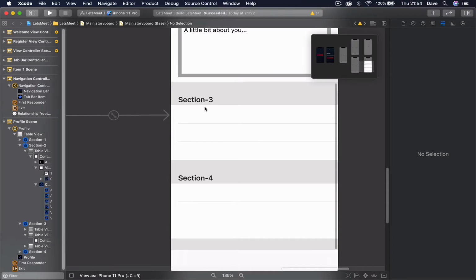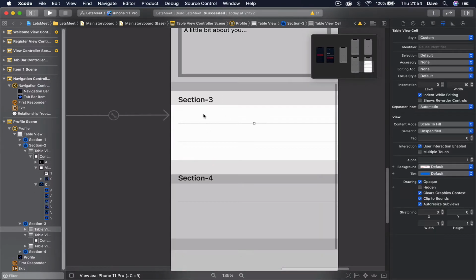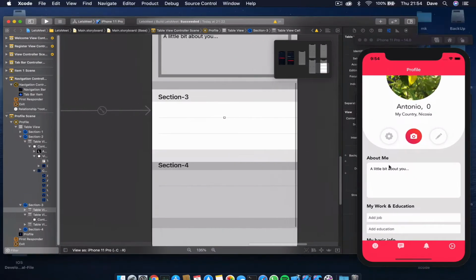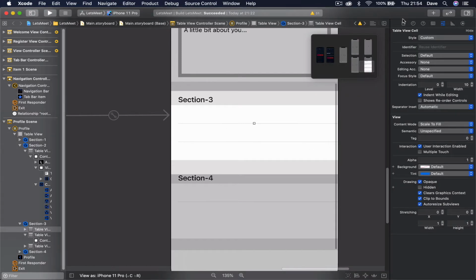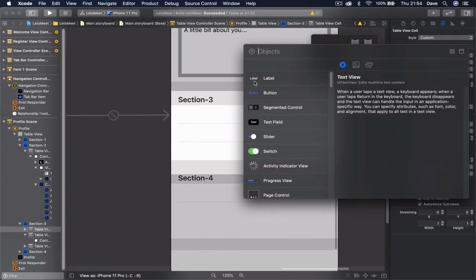Moving to section 3, actually we're going to keep 3 cells here. So the first one is going to be our title. The second and third will be these 2 text fields that we are going to add. So let's get a label